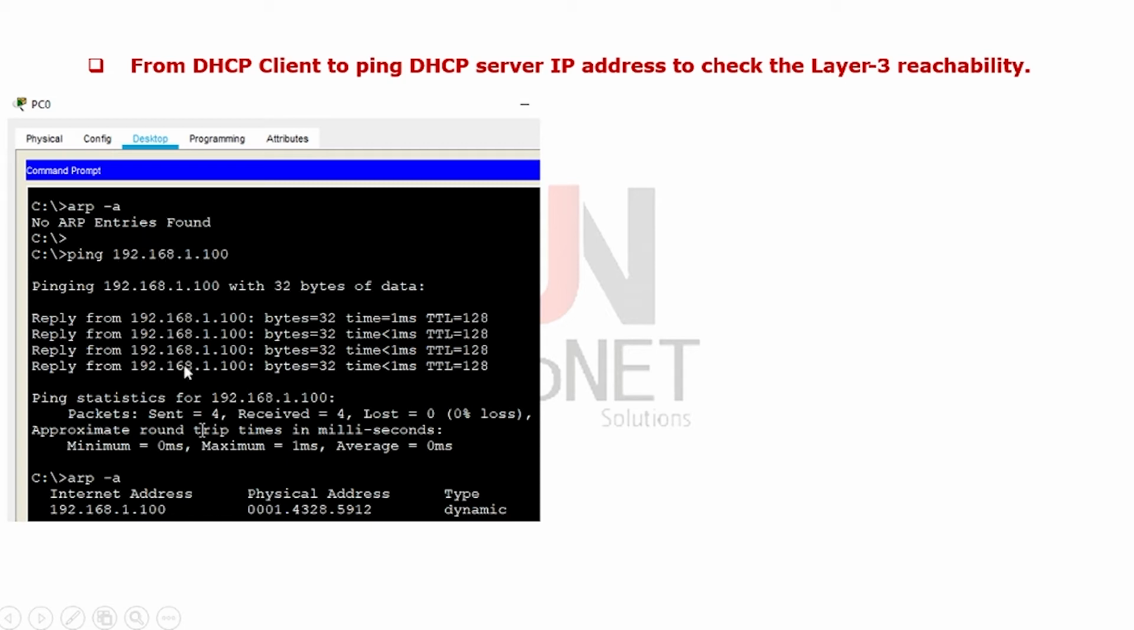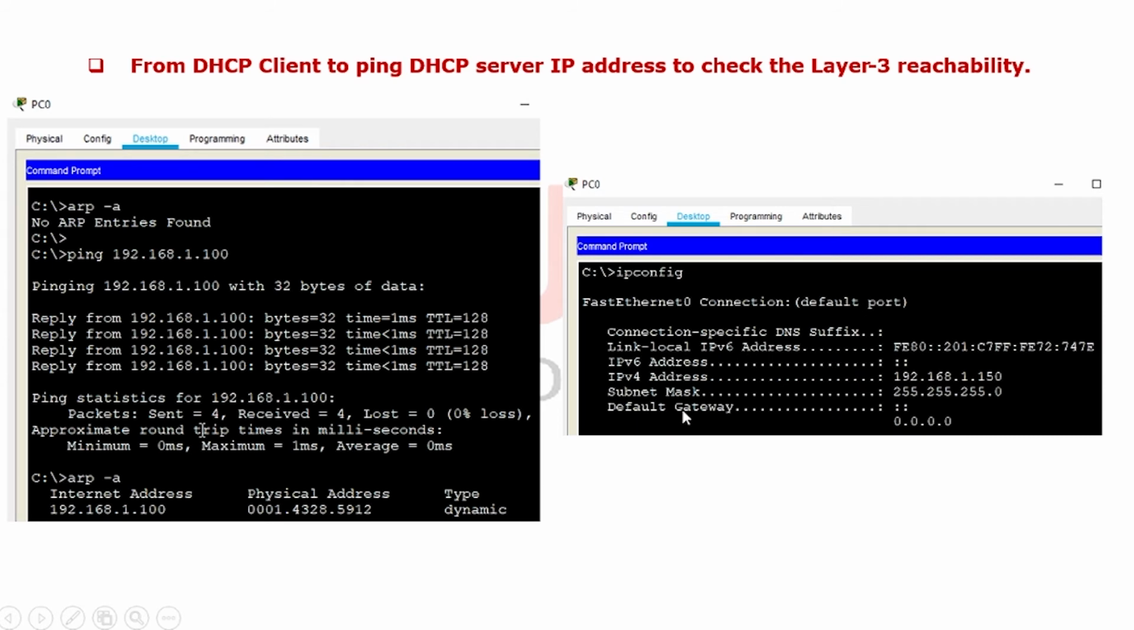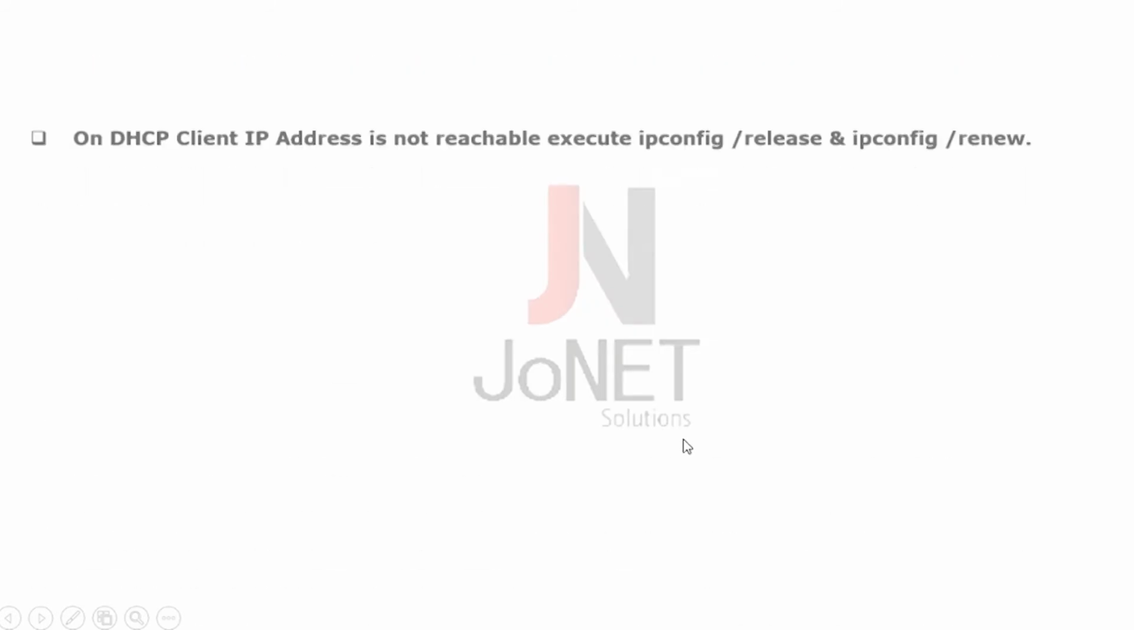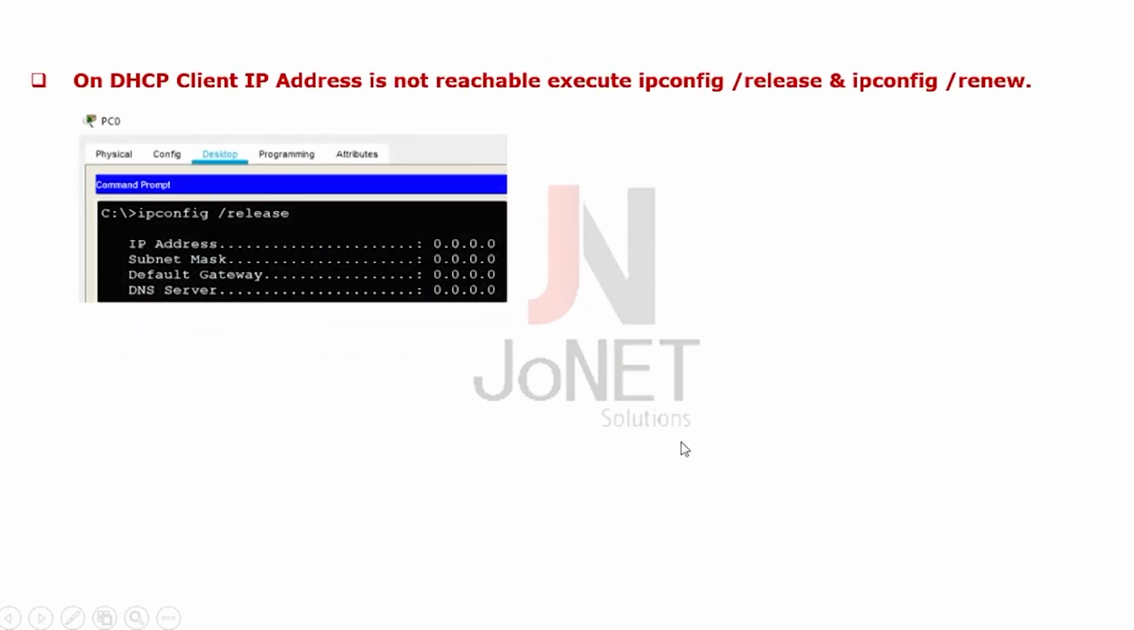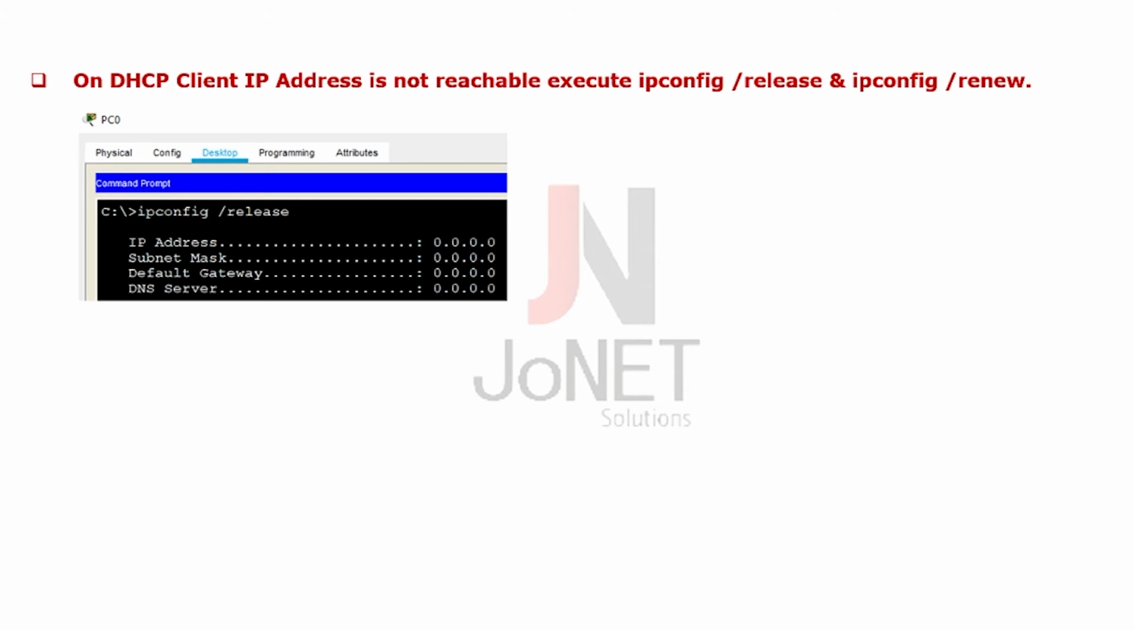After a successful ping, I can get the DHCP server's MAC address, that is, DHCP IP address 192.168.1.100 and its MAC address 00143285912. On the DHCP client, if the IP address is not reachable,